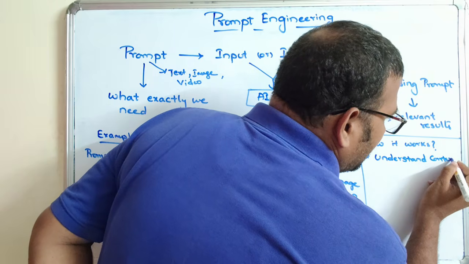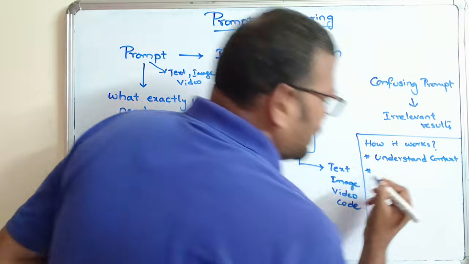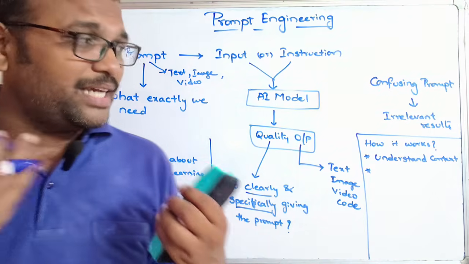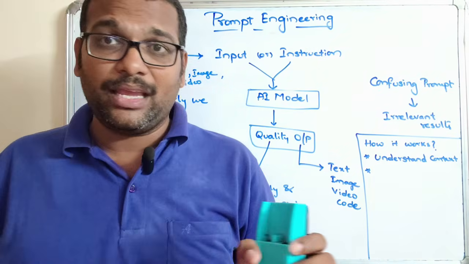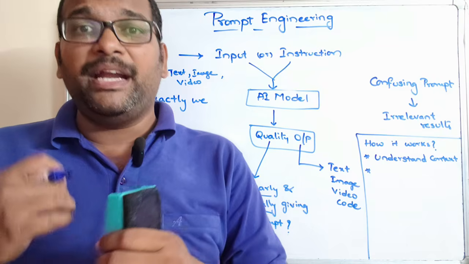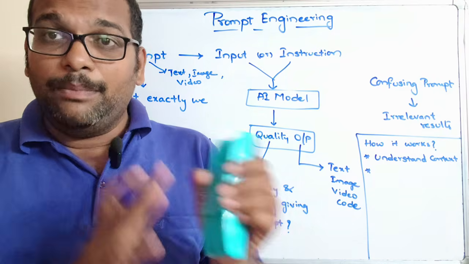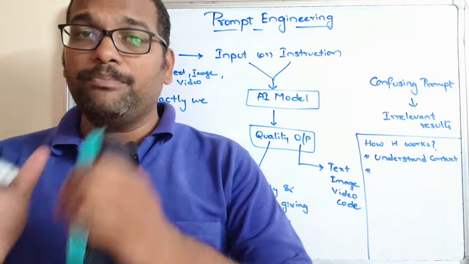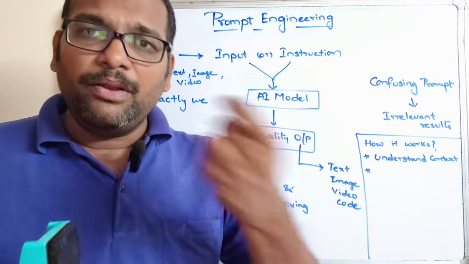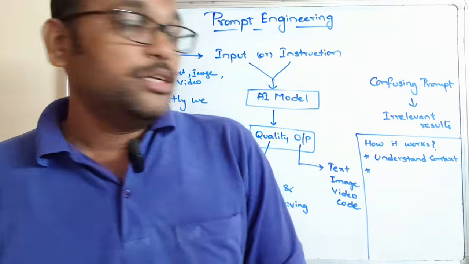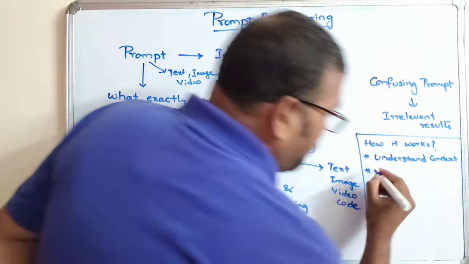After understanding the context, machine learning or generative AI models don't think like a human, so they will be predicting based upon the trained data. They will be trained with massive data. From that massive data, the predictions will be done. So the next step, it will predict